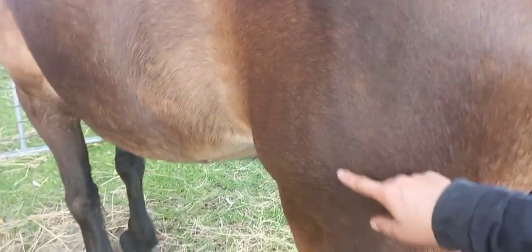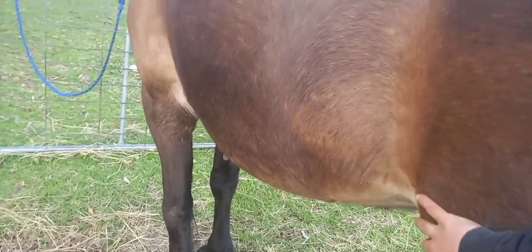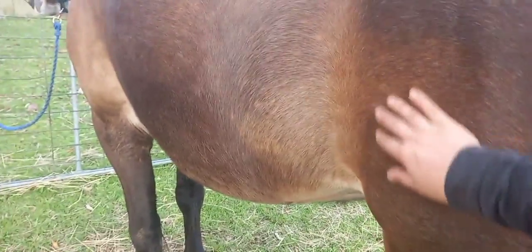So you can see even the coat is duller than it is on her neck. It's a sign the circulation's not happening there. Another sign, especially in our older horses, is that they have issues through their stifle. So you can see Squirrel's stifle here is a bit inflamed. See that it's sort of a bit cushioned, and we know that she has some issues with her stifles